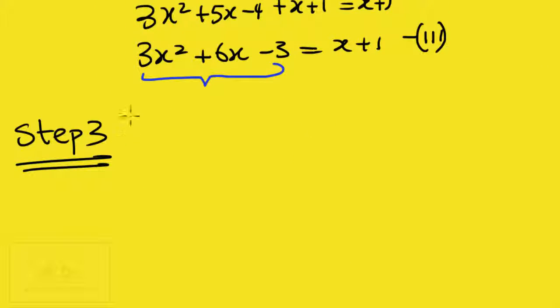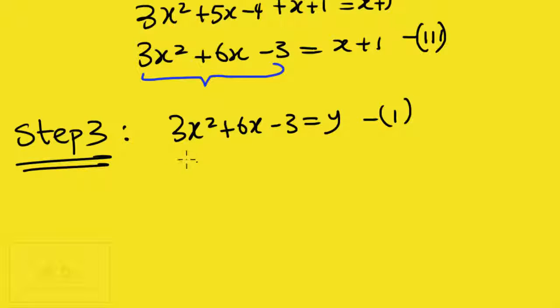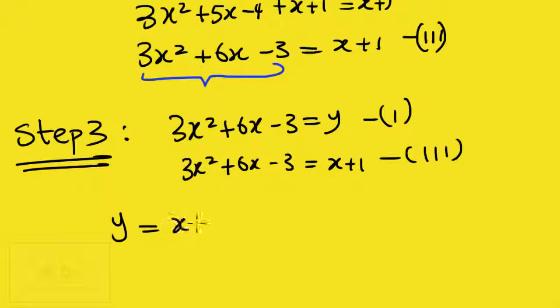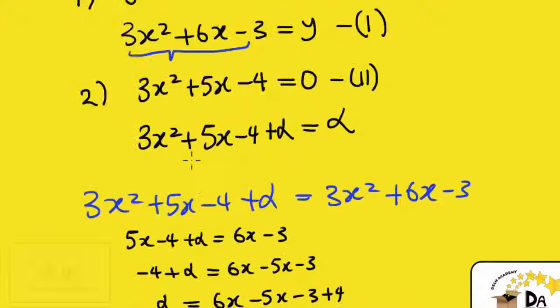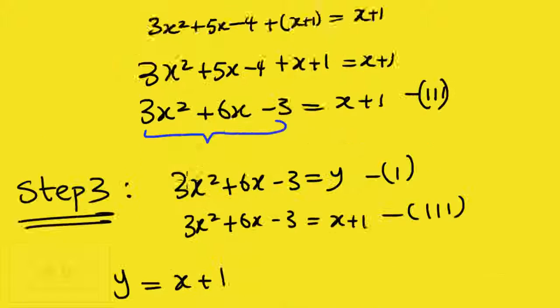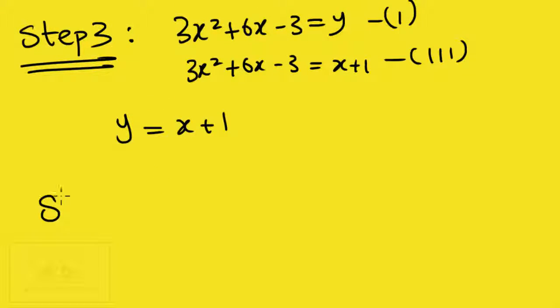So step 3 says take equation 1, which is this, and take equation 3 and write them side by side and equate their right hand side terms. Equate y and x plus 1. And doing that gives this equation. Remember, equation 1 is this. And then the final step, step 4, says